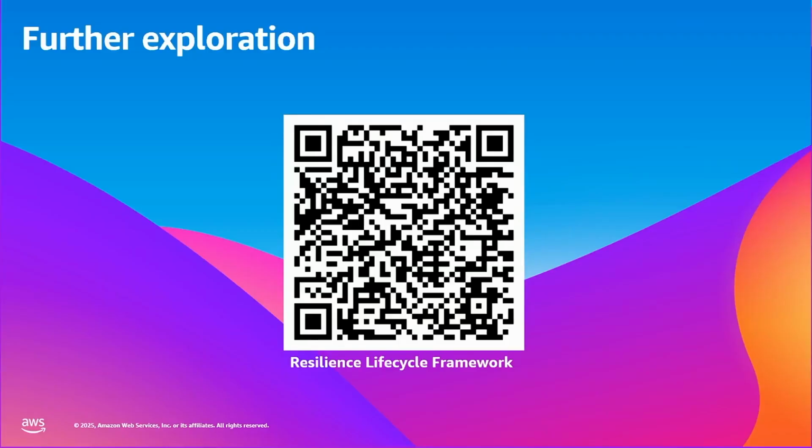If you want to read a lot more about the resilience lifecycle framework, there is a very good white paper on this. And remember, you can start anywhere in the framework. It starts with setting the objectives, designing towards those objectives. When you've designed and implemented and you've deployed your application, test that your application can actually survive the failures that you think it should survive. In the operate phase, make sure that you're alarming. You have the observability best practices in place, and then when things do fail, think about how you respond to those events in the best way to quickly recover for your customers.